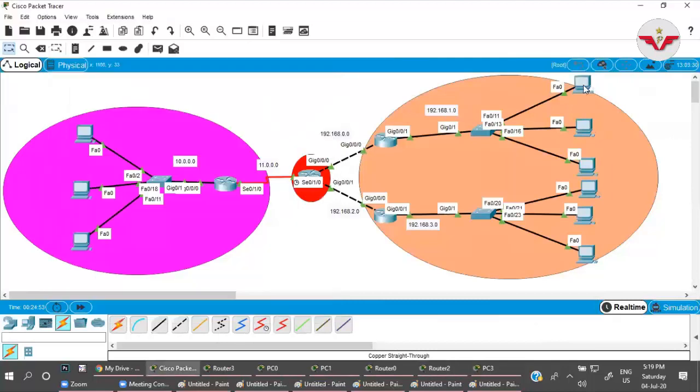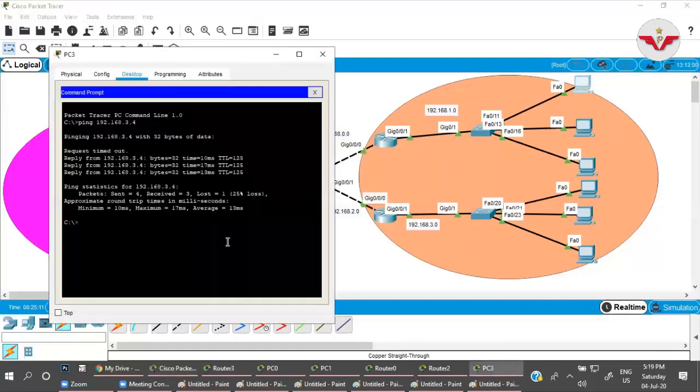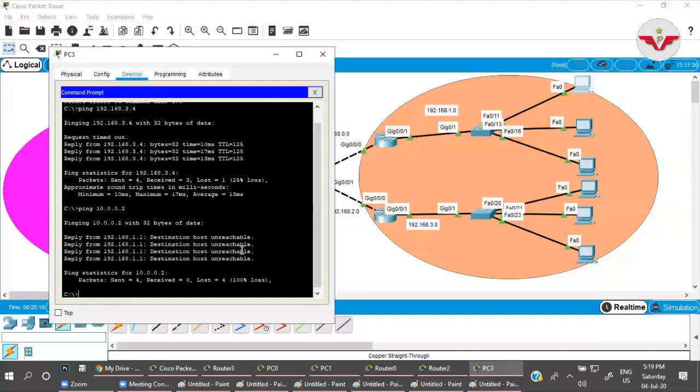Yes, here we are able to communicate from this PC to this PC, but we also configured the default routing over here. If I try to ping from this PC to this PC, let us check if it's going or not. The IP is 10.0.0.2. Ping 10.0.0.2. Destination host unreachable. From where is it getting that information? 1.1.